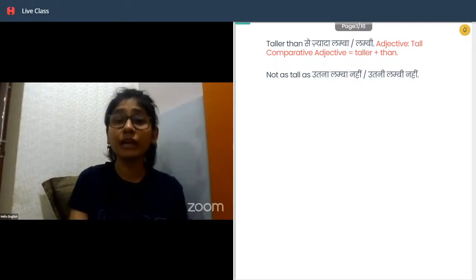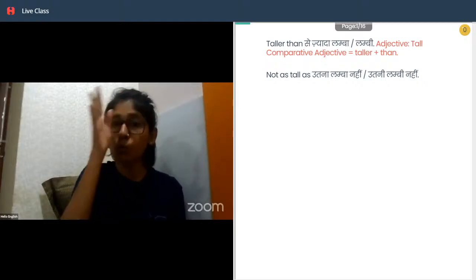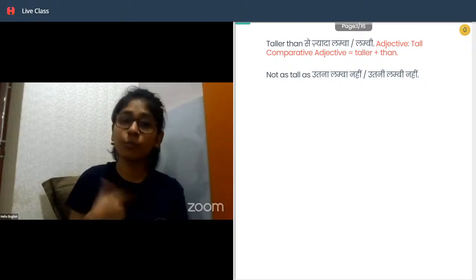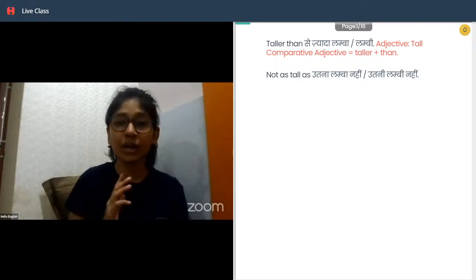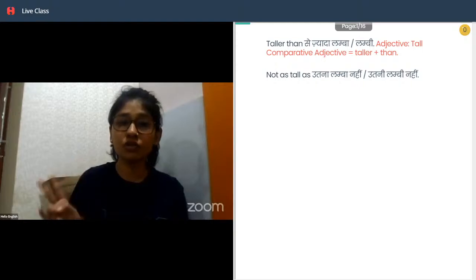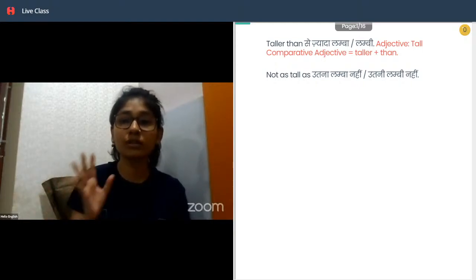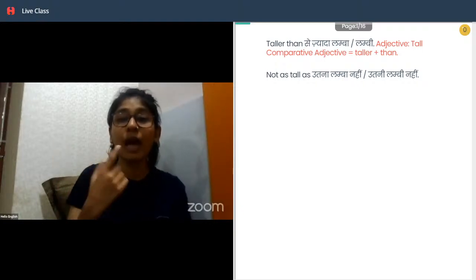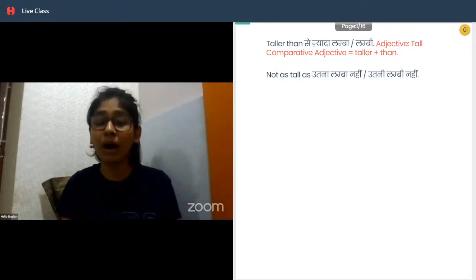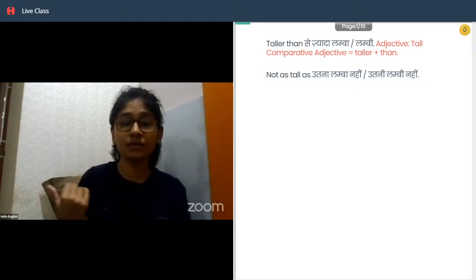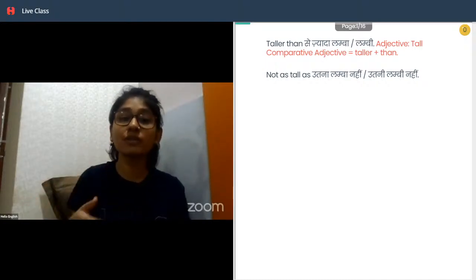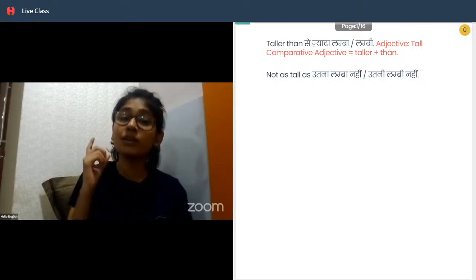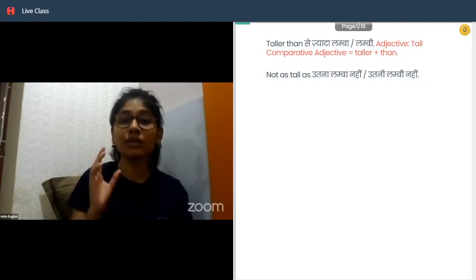All right. Now if I'm comparing this dress with the dress that my sister bought. We both went shopping yesterday to the mall, and she and I both bought two different dresses. One she bought for herself, and one I bought. And now I'm comparing both our dresses, and I tell you that my dress is prettier than my sister's. मेरी dress मेरी बहन की dress से ज़्यादा सुंदर है. My dress is prettier. So now this prettier is again an adjective, but now it is an adjective in its comparative form.